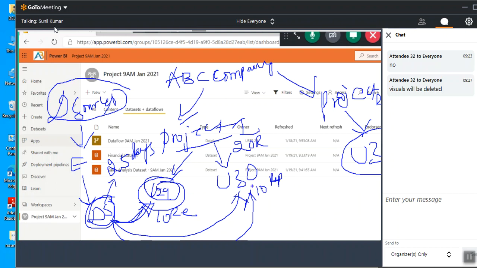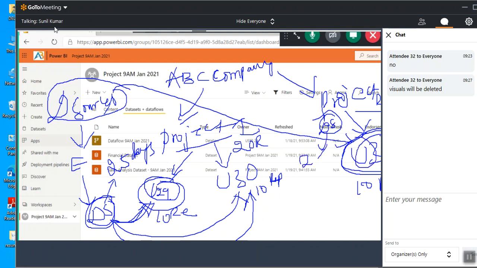Right? So when they have created 20 reports totally, now user 31 also wants to create 10 more reports in this other project. So he wants to connect to the same data sources and prepare a data set. To prepare a data set, user 31 would also take 25 days. So what we'll do is, whatever data set was prepared by user 29 in Project 1, the same data set is sufficient for me.